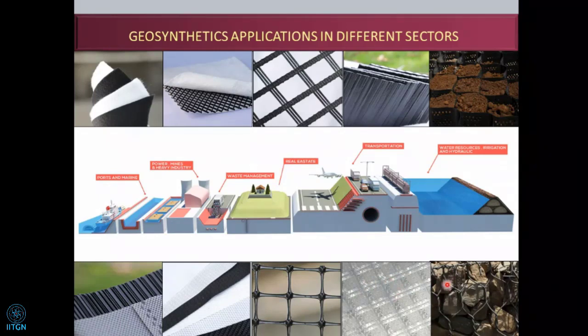So gabion, I think everybody knows. Different sizes of meshes are available, and you can have different sizes of boxes and mattresses. So in between, this is the diagram. I think we can have all the application areas where we can use all these surrounding products. So it can be considered for any of the application areas. So this is the product which is available readily in whatever quantum you want, with the accreditation and the test results in India from TechFab India.